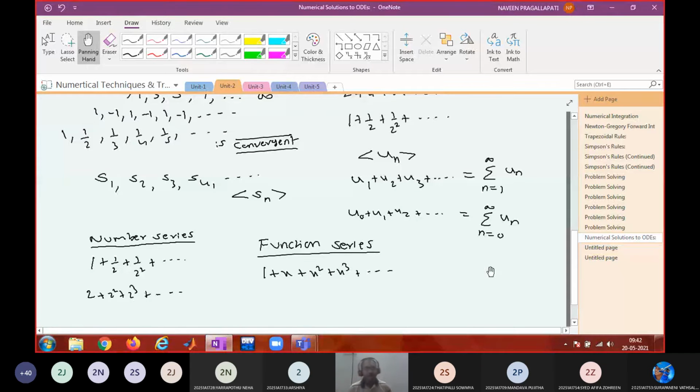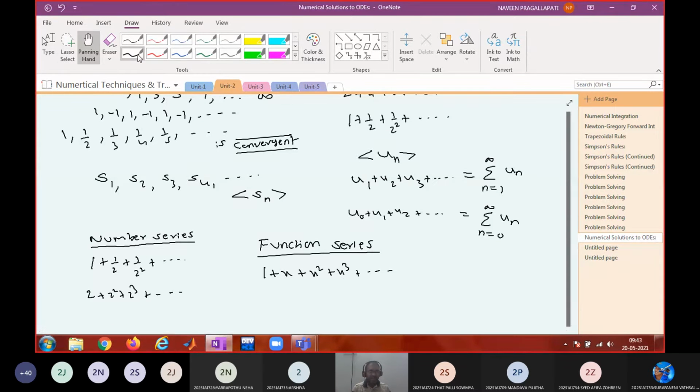So to know for what values of x a given series is convergent or divergent, that is again a point of study. There are some methods to determine whether it is having a sum or not. Having a sum means convergent. Sum means by default a finite quantity only. So whether it is convergent or not.